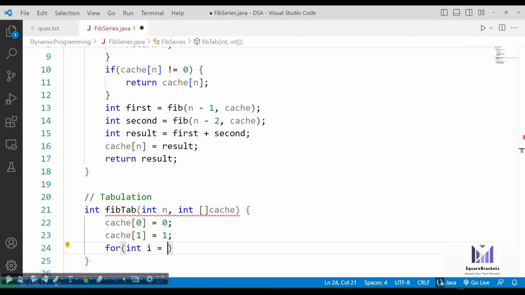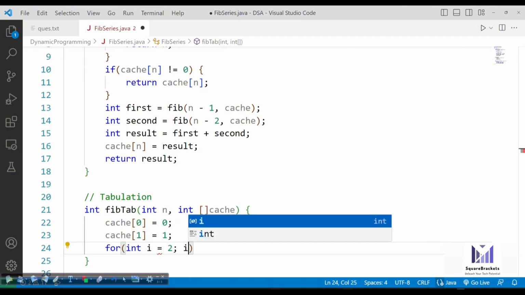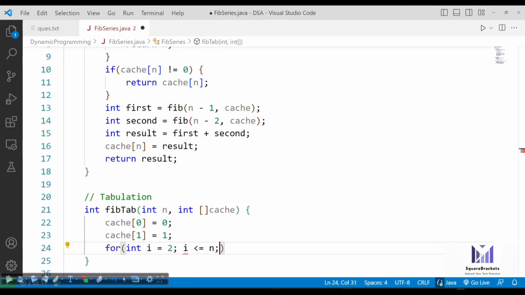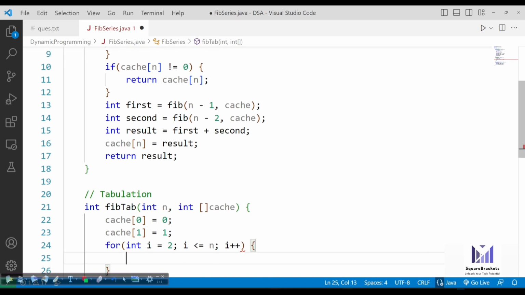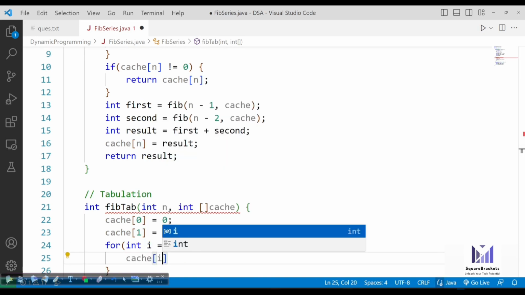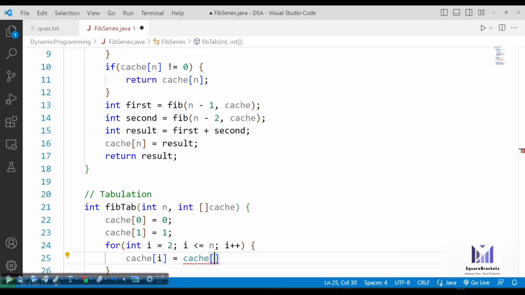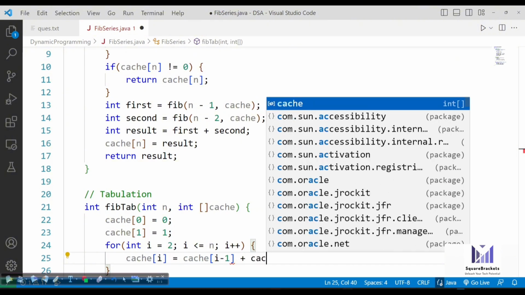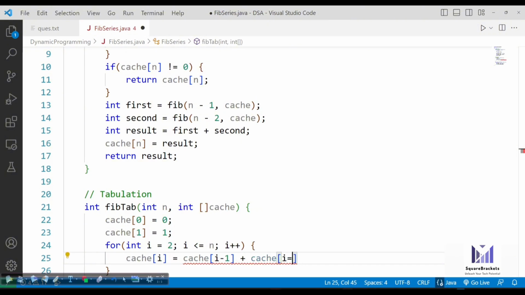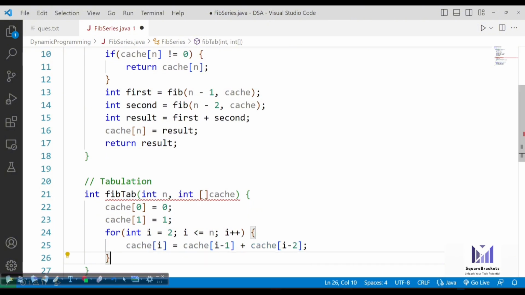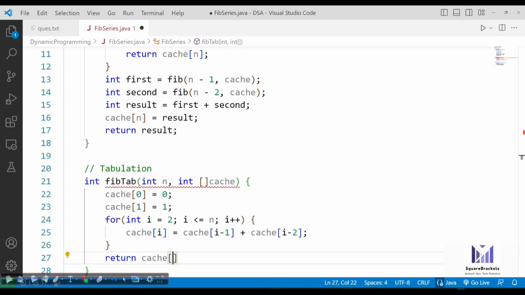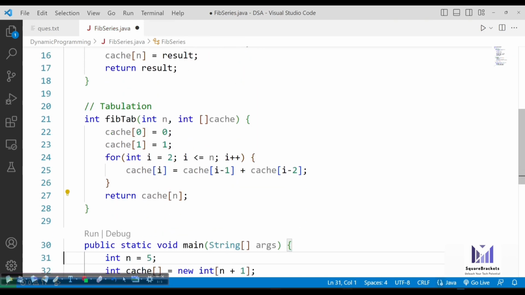The loop will start from 2, execute till less than or equal to n, I plus plus, and then I will simply write cache of I becomes equal to cache of I minus 1 plus cache of I minus 2. That's it. And now you can return cache at n index. N is the last index, the nth element that is actually required.